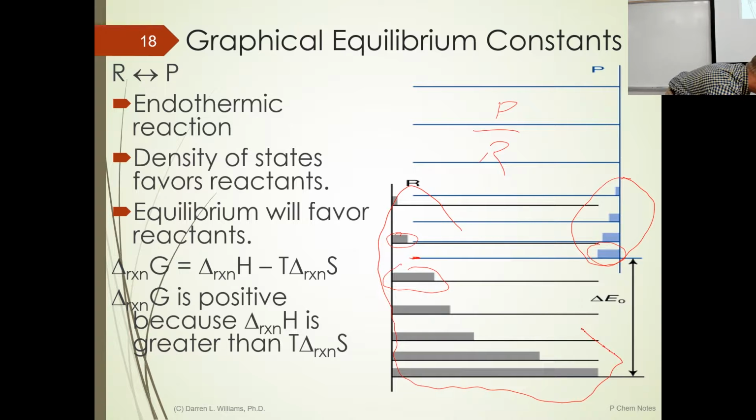Notice how the reactant sum is a lot larger than the product sum in this particular case. And so what would you estimate K to be? Yeah, it'd be less than 1. Okay? Because the denominator is larger than the numerator. So the equilibrium would lie on the reactant side, on the left side.